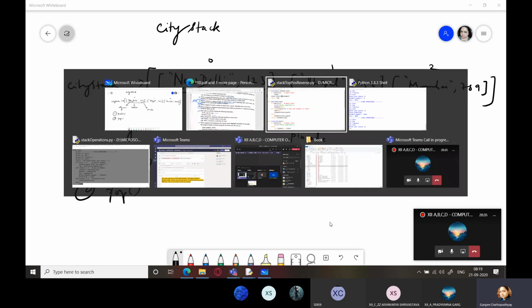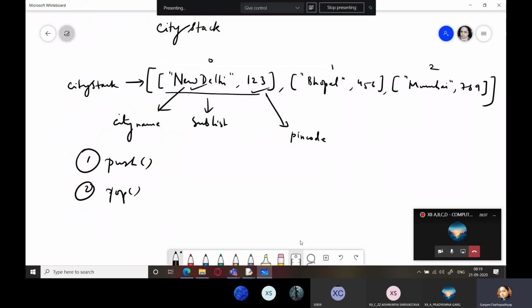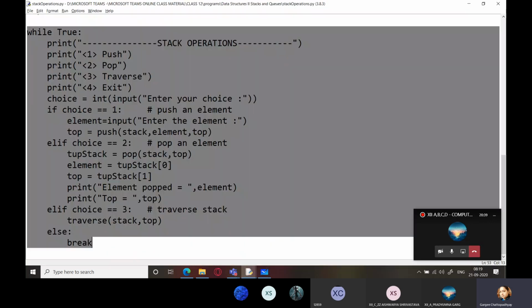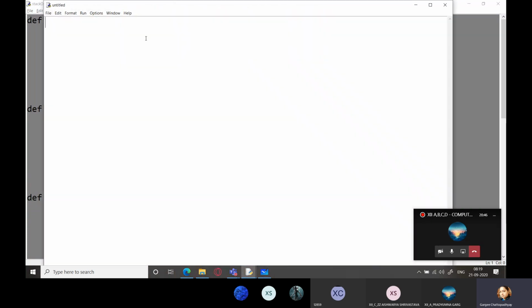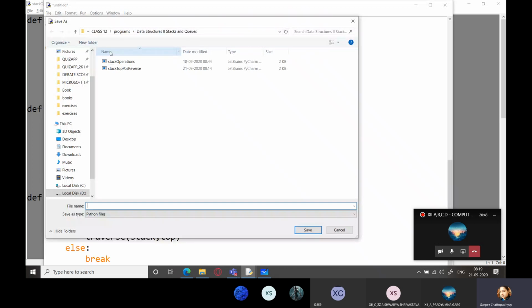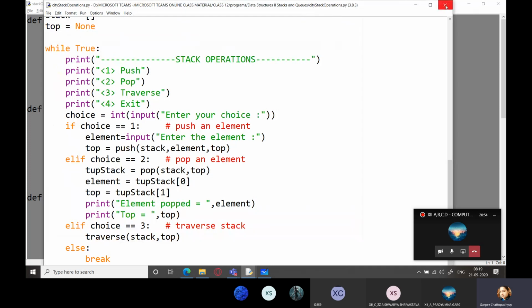So what I'm going to do is, instead of doing everything from scratch, I will be taking this stack operations question. Okay, and I'm going to copy this, paste it, and I will make changes here. City stack operations. This is the name of my program.